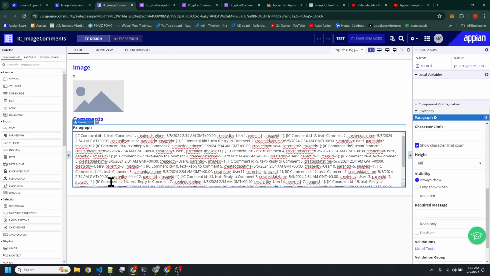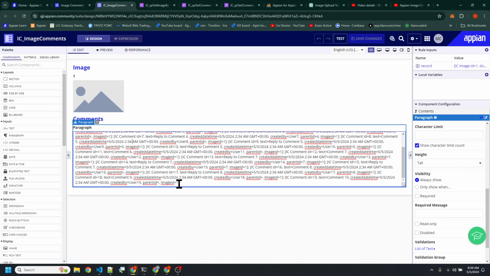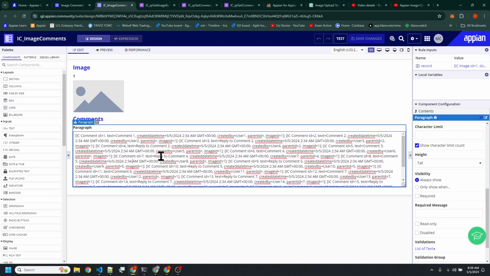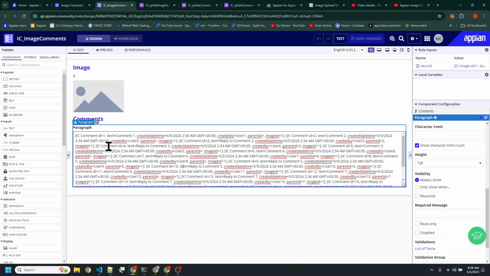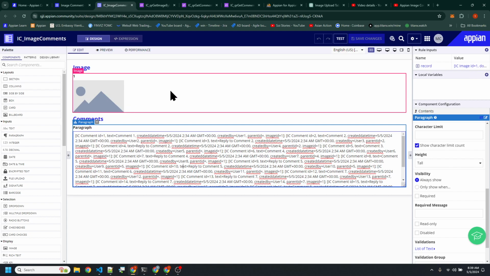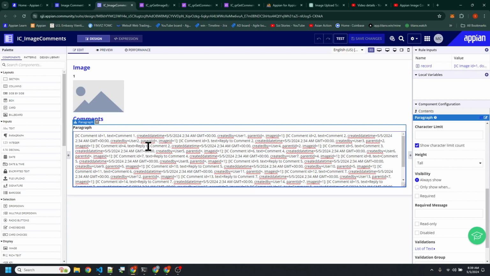So I haven't really done this before, but we could break this down into smaller pieces, each sort of like each object. And so a comment is something that is read only.